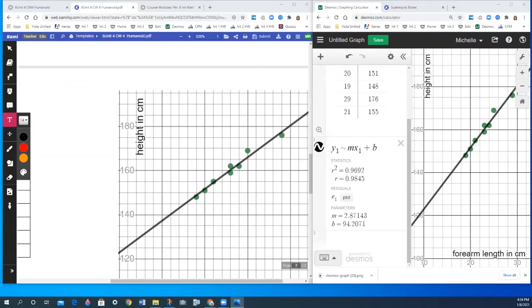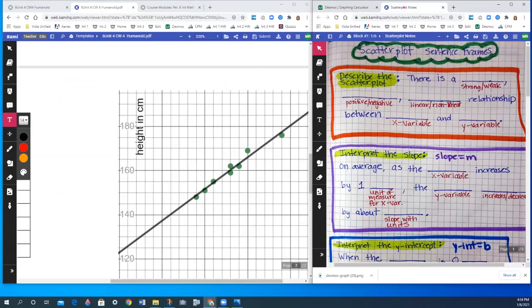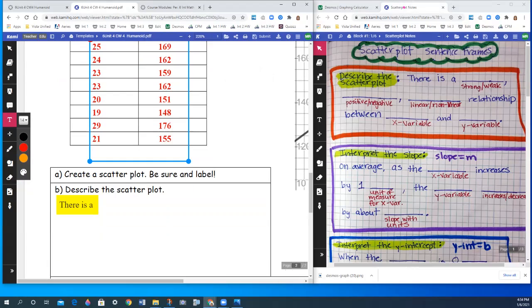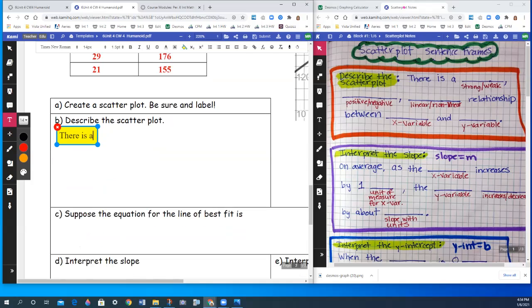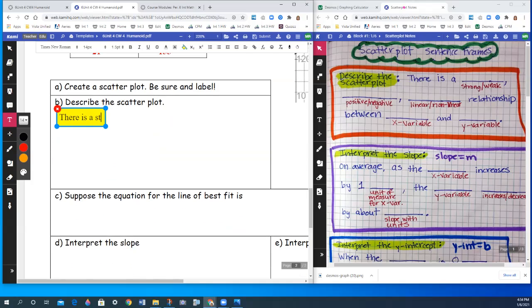Okay, so let me come back and finish writing our describe the scatter plot. So there is a strong, and then the next word I decide is positive or negative. Since this is an increasing line, I say positive. And if my R is positive, then this is positive, okay? If my R is negative, then this is negative, because that means it's decreasing. And then I'm going to decide linear or nonlinear, and this is linear, okay? Not perfect, but it's close to linear. And then I finish with relationship